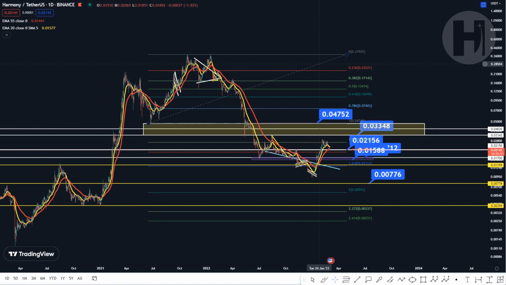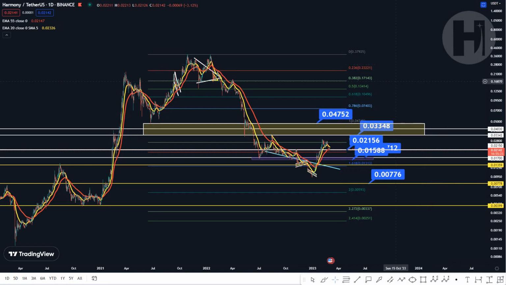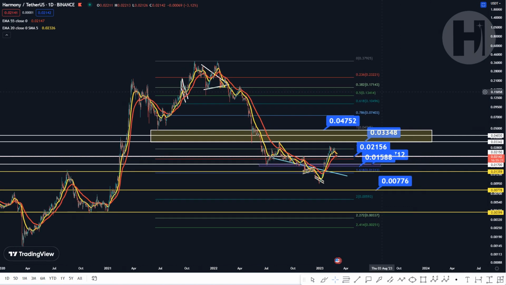Now let's jump straight into the TA. So taking a look at the daily chart, Harmony One against Tether USD, and we have the same Fibonacci retracement on the chart with the swing high printed in January last year and the swing low printed in June 2021. Our 1.618 target is all the way down here at